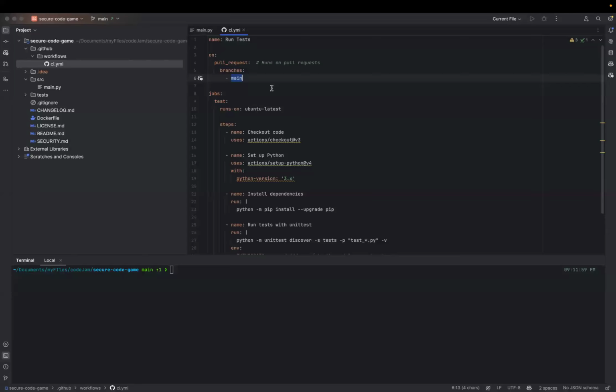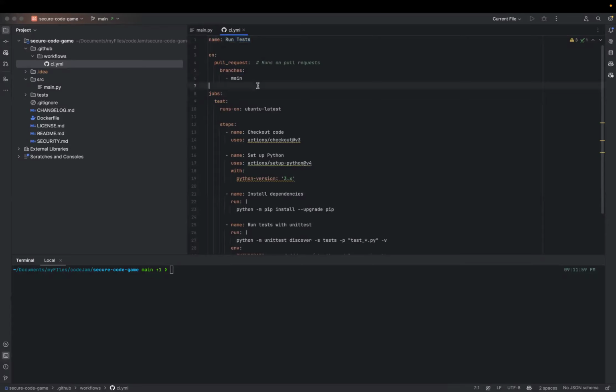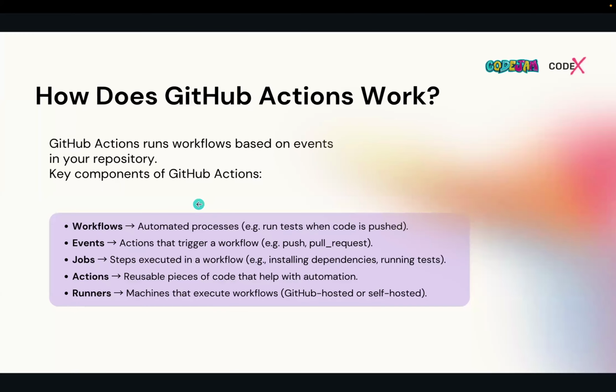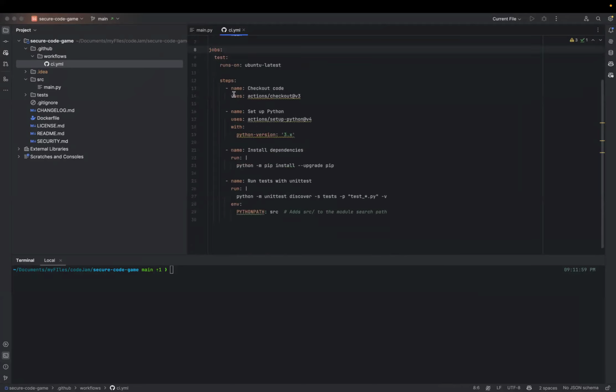That means whenever a pull request comes to the main branch of the repository, it will run the following jobs. It will run all the jobs listed below here. The name of this workflow is run tests. Then we have jobs as mentioned here below. So we can have several jobs.